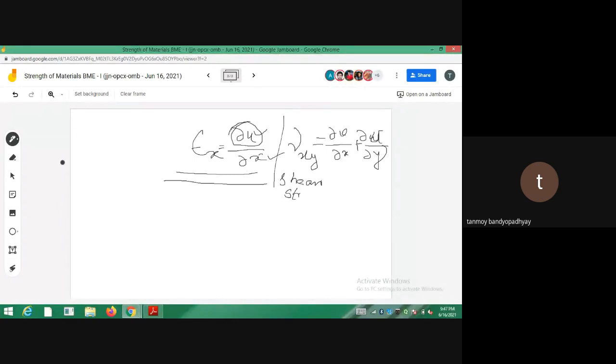But when you go to the shear strains, I am making it del v by del x. When I am considering the displacement in the v direction, I have to take the derivative in the x direction. So this is actually the displacement in the transverse direction, compared to the longitudinal direction. Similarly, when you are making it del u, you have to take the derivative with respect to the y direction. So it is just the opposite. You have to take the derivative on the lateral direction. Okay? So these things you have to prove.